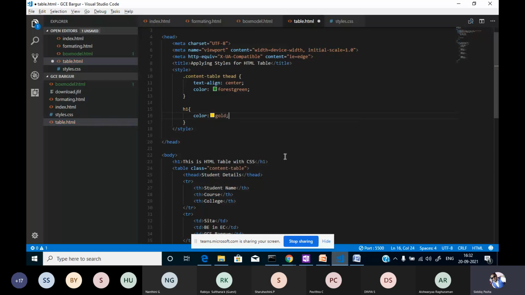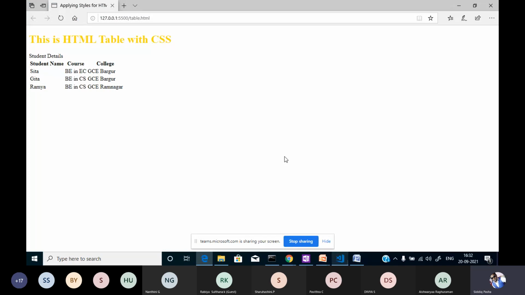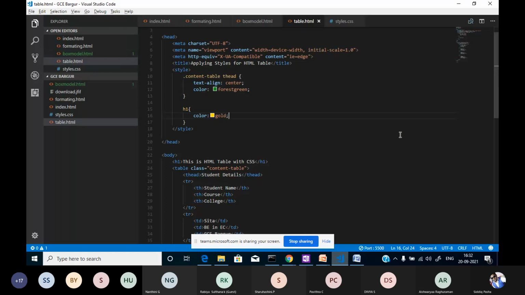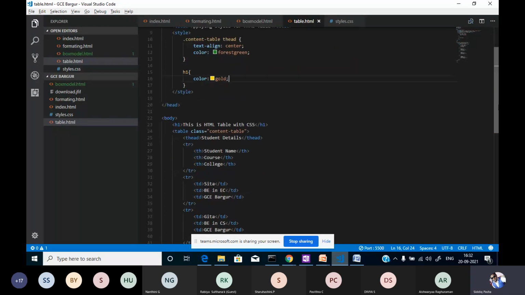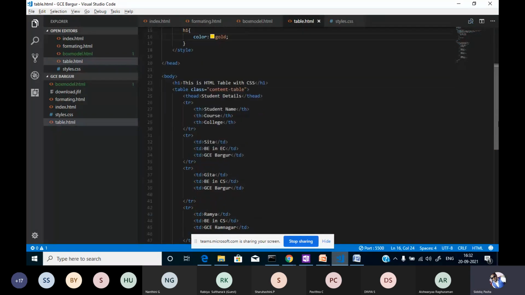I'm assuming this is for the heading. Actually, that is applied over here. For the heading, it is applied, but for the table, no style is applied. Any mistakes in the table? Let me check.